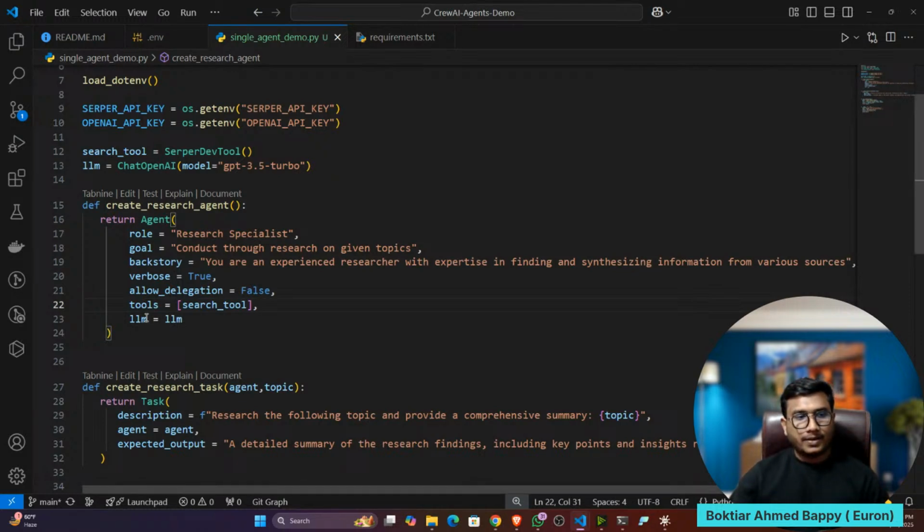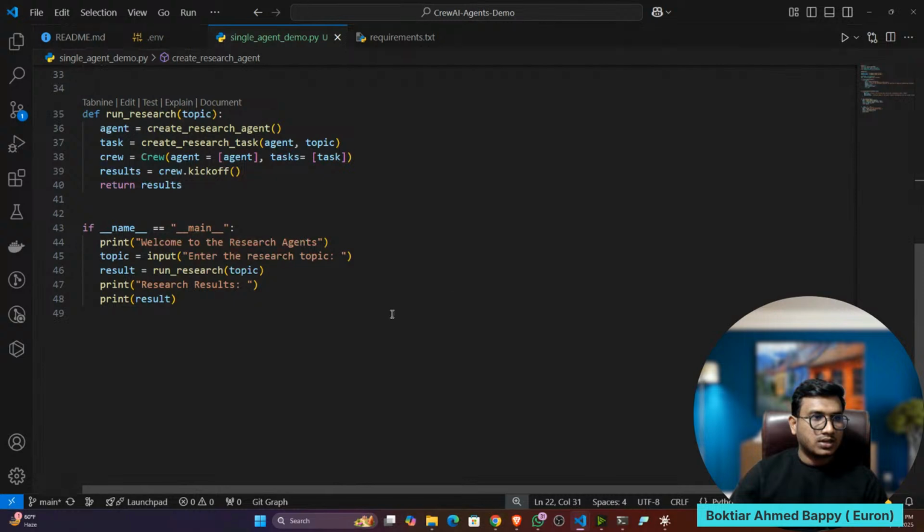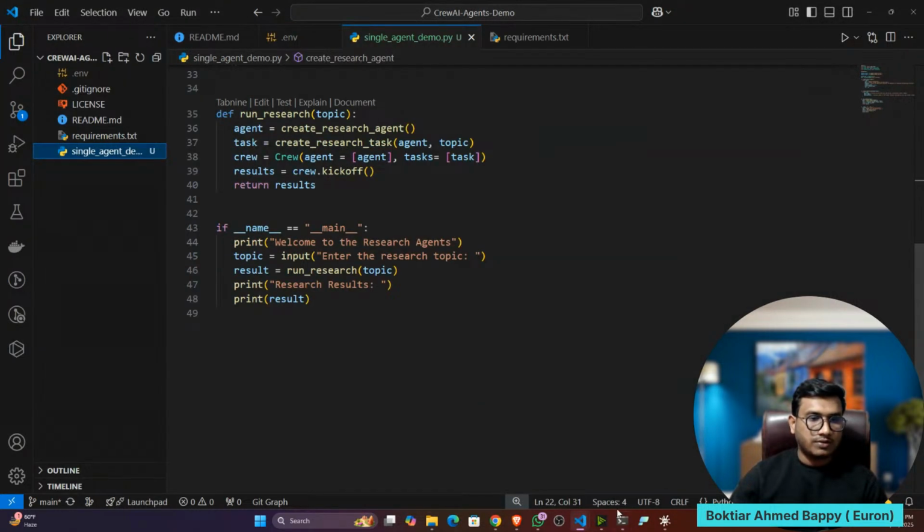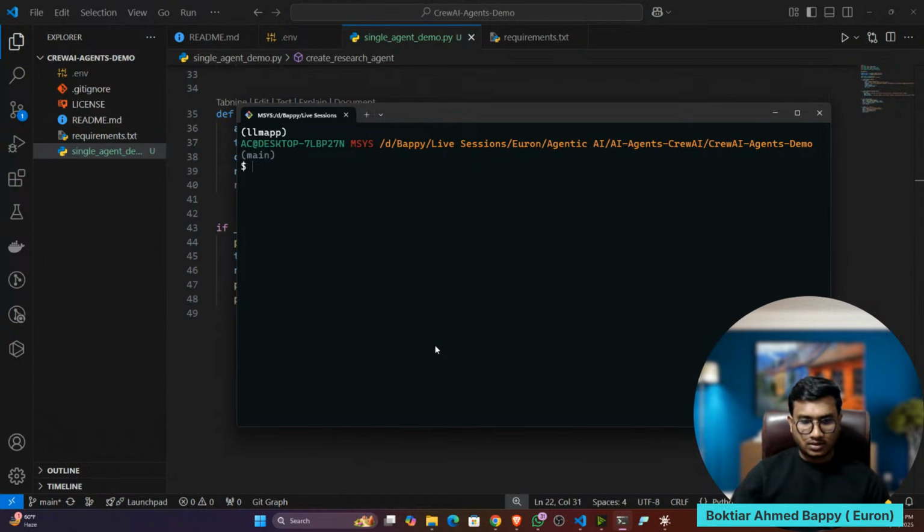Fine. Okay, so now let's execute this agent and try to see whether it is working fine or not. So this is the file. Let's execute. So I'll write python single agent demo py. So it is asking for the research name.